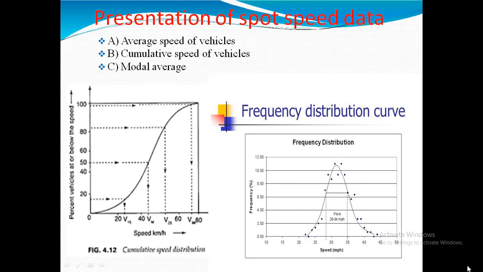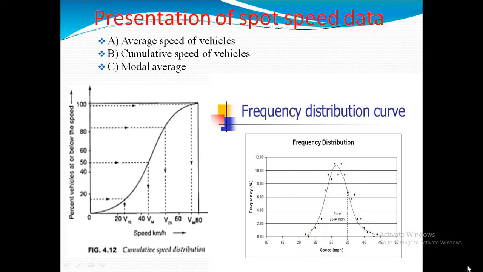The 15th percentile speed represents the lower speed limit, if desired, to prohibit slow moving vehicles and decrease delay. As 85% of the vehicles in the stream travel at a speed higher than this value, they therefore need overtaking opportunities.